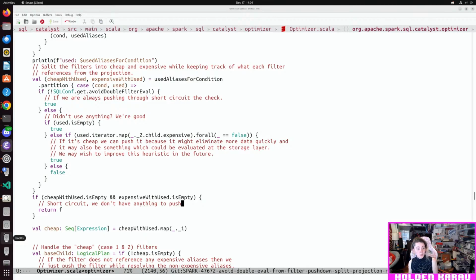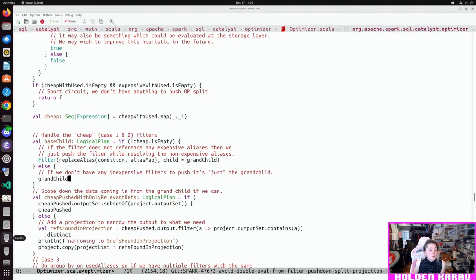To push or split. So essentially, if we can't do anything, let's just short circuit our logic super quickly. Otherwise,